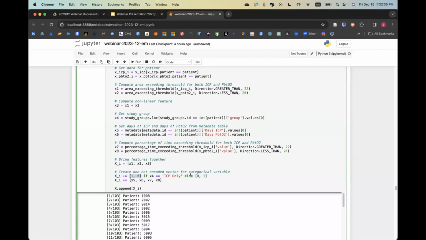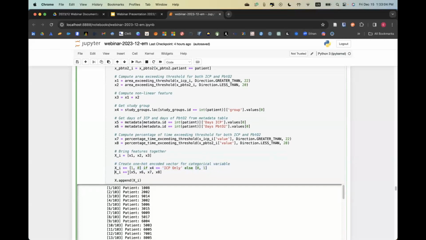So I have 2 levels for this one variable, ICP only, and then PBTO2 and ICP. So I'm using 2 elements in a vector to establish that 1, 0 is ICP only, whereas 0, 1 is PBTO2 and ICP. And that's just better in cases when you're trying to translate a categorical variable into a feature vector for training. And then I'm pushing in the other variables that we have here, 5, 6, 7, 8.